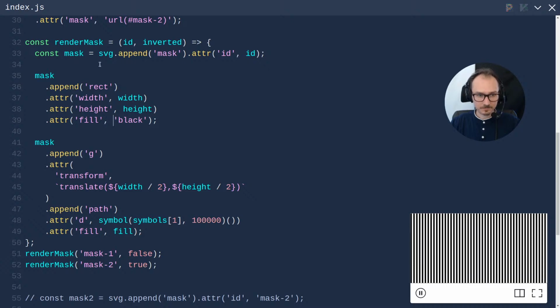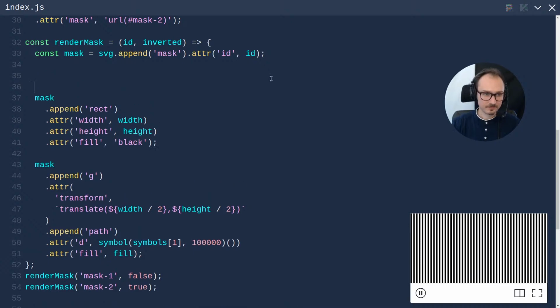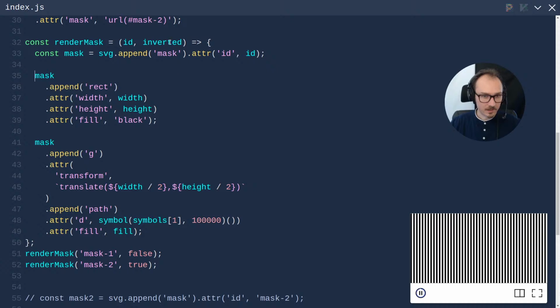And then we want the rect fill to be black if it's not inverted and white if it is. And to do that,